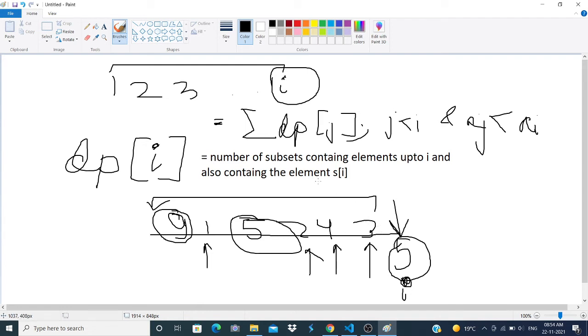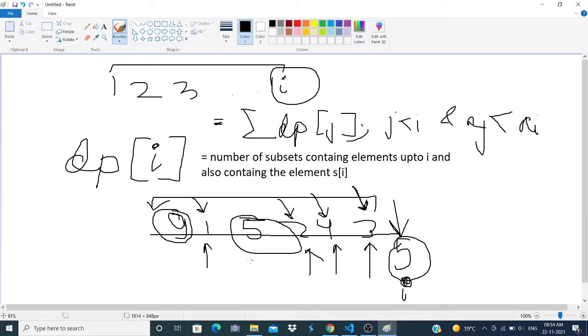So the only options left are with these smaller elements. So let's say this is 5, then I may try to take this, so my dp of 5 will be equal to dp of 3 plus, or it may be possible that I am taking 4, or I am taking 2, or I am taking 1.